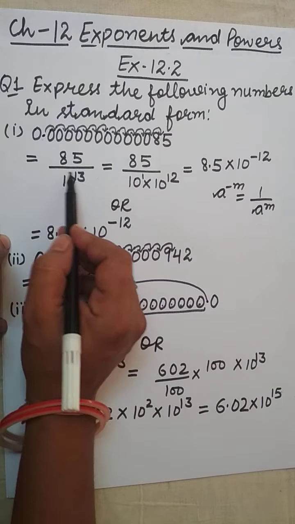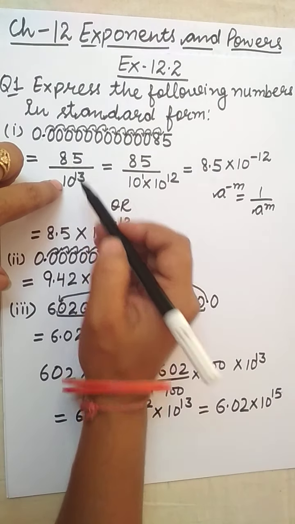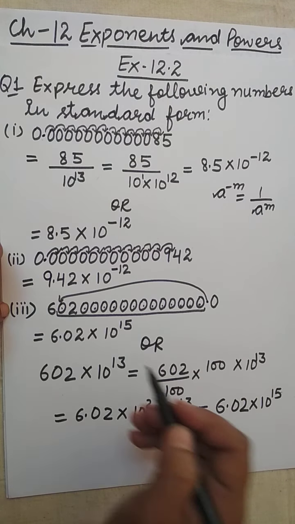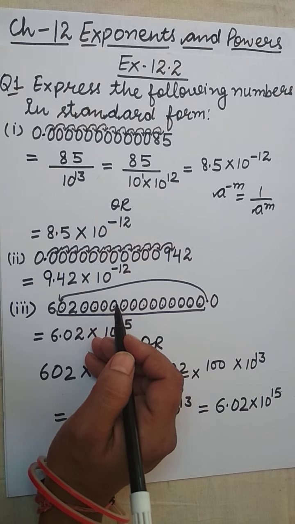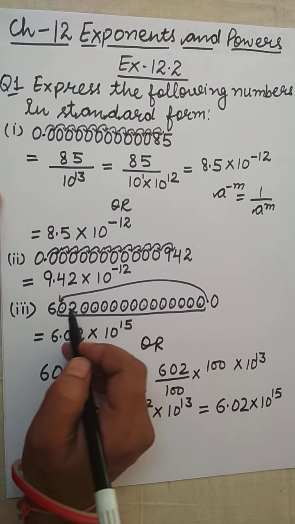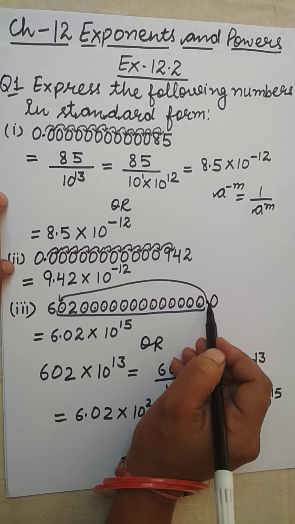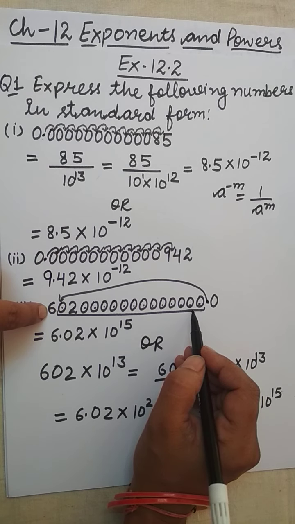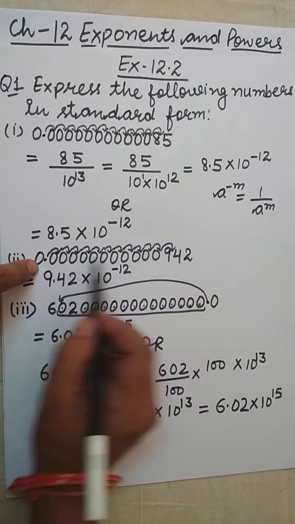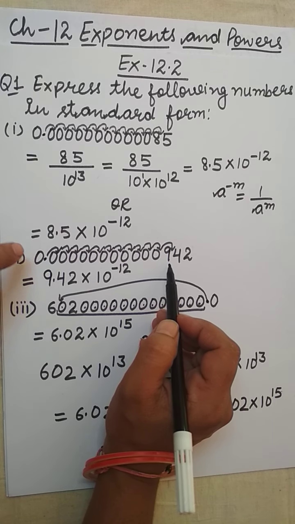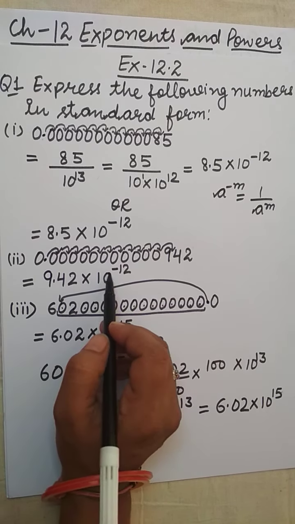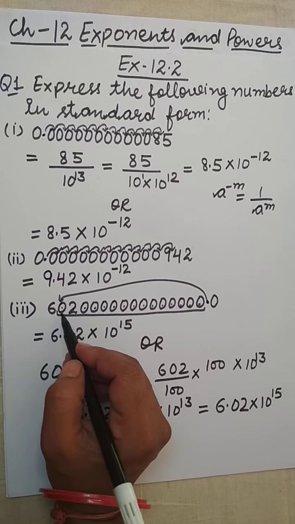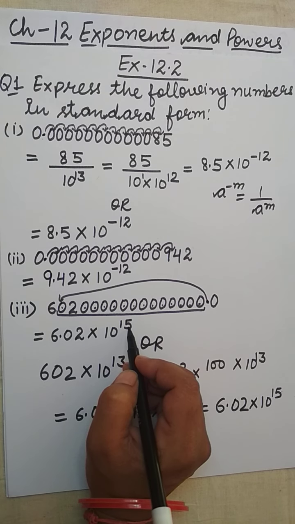One way is to express them by writing the decimal in the denominator, or like this. Or we will simply count the digits, how many digits we are shifting the decimal. If there is no decimal, as I have put a decimal here, I just count the digits which are after 6. Similarly, if the decimal is to the left of that digit, the digit after which you want to put the decimal, then the power will be negative. If the digits you are counting are to the right of that digit, then the power will be positive.